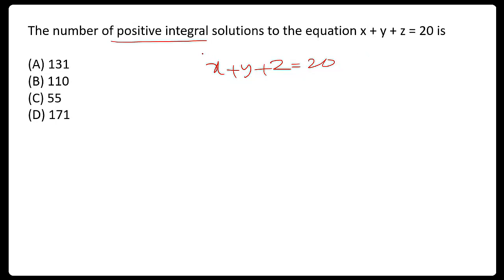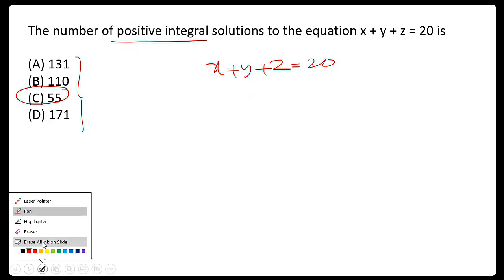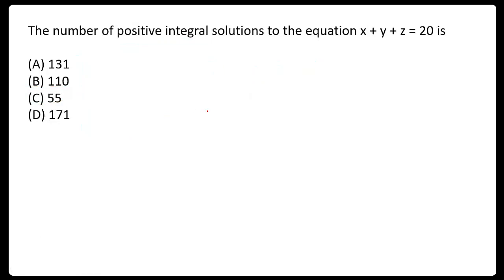Though this appears to be a simple question, you cannot find all the positive solutions by trial and error method, because if you see in the options, the least number is 55. So finding 55 possible solutions is not an easy task. So you need to know a concept here. The concept is,